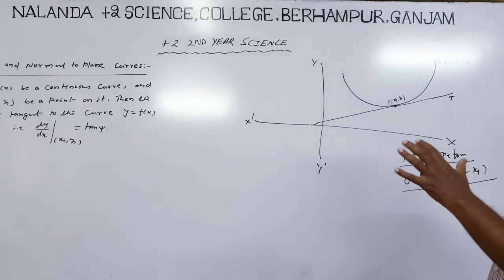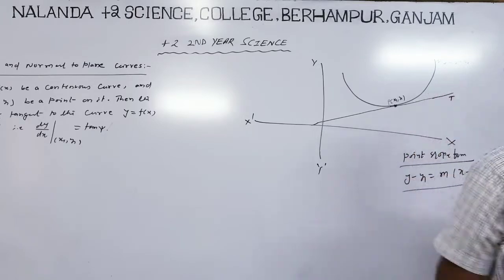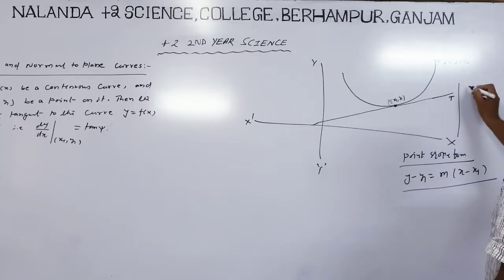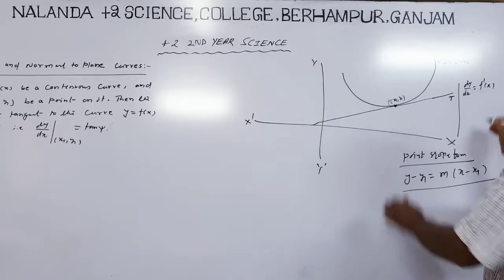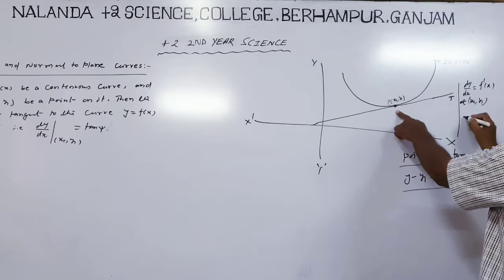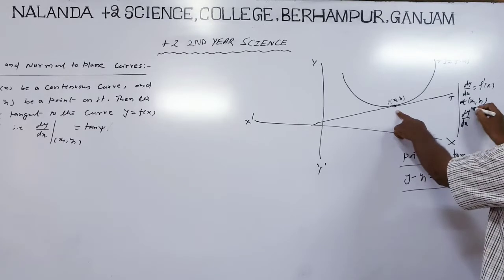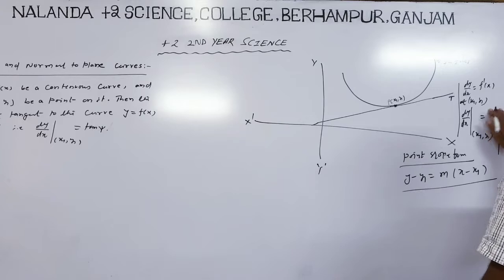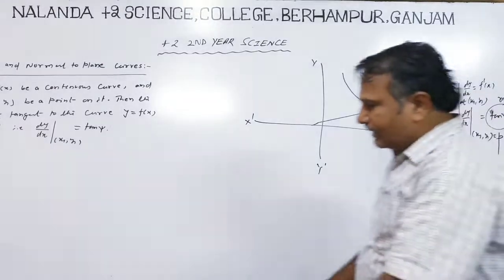Then the slope of the tangent to the curve is dy by dx. So y is given; find the dy by dx. Let us say dy by dx equal to f dash x. At the point x1, y1, what is the dy by dx? Or you can write it at P, as some books give. Therefore the equation of tangent equal to